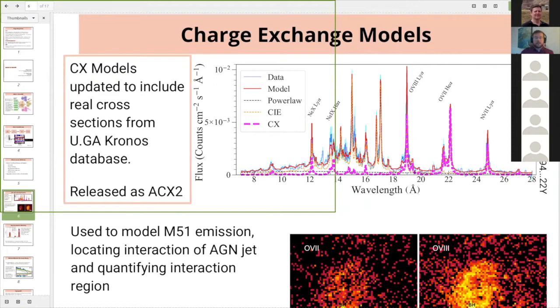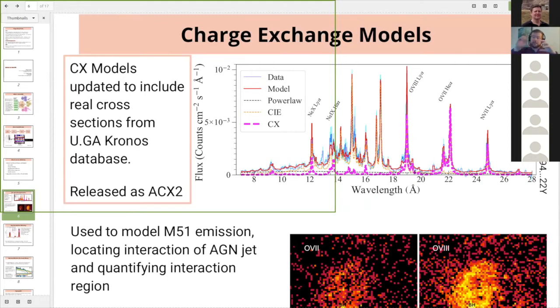Okay, charge exchange models, we'll start with those. This is our biggest enhancement to the database. These now include real cross sections from the University of Georgia's Chronos database. We originally made a charge exchange model about 2014, which was the simplest charge exchange model you could have. So charge exchange is when you have a neutral and an ion coming together, and the neutral transfers its